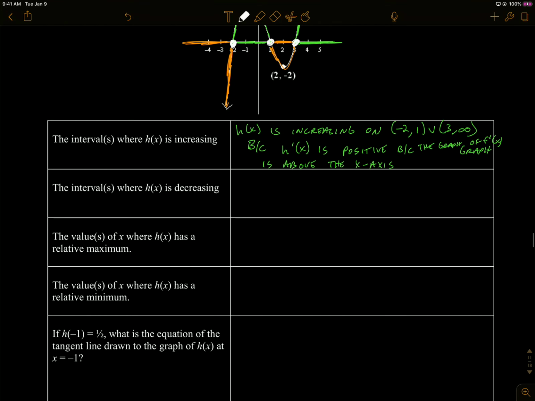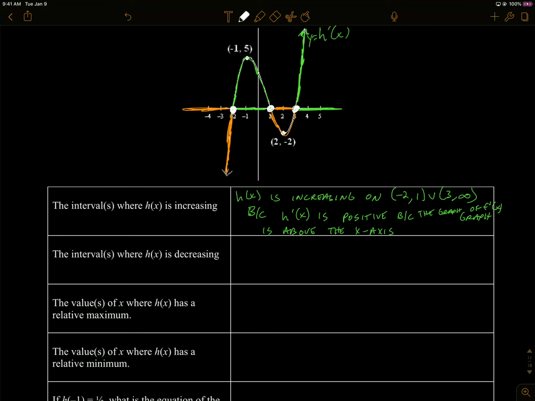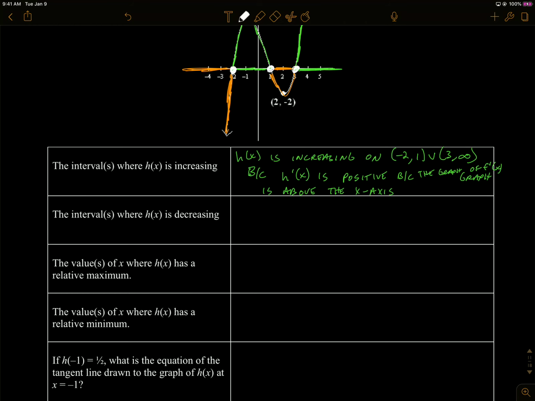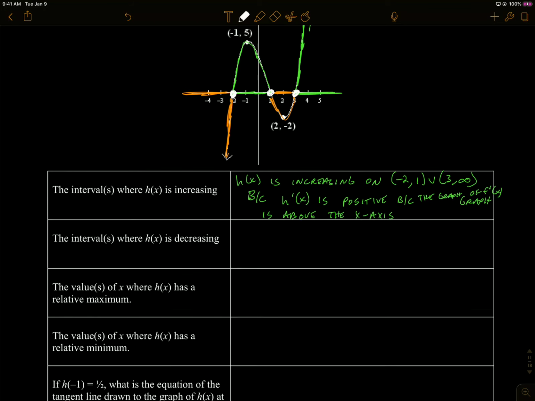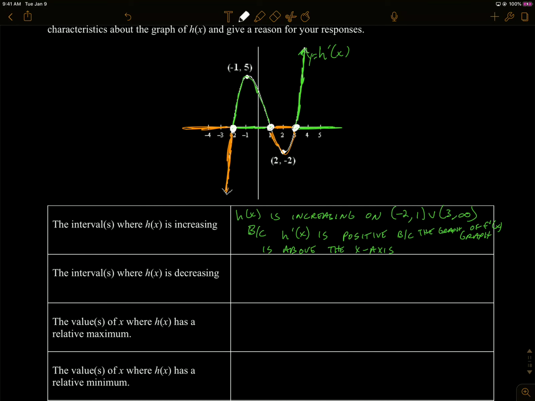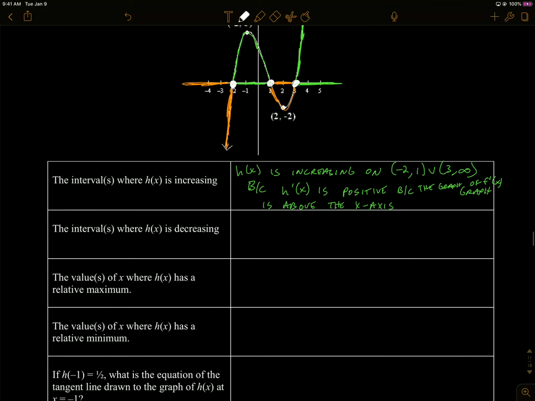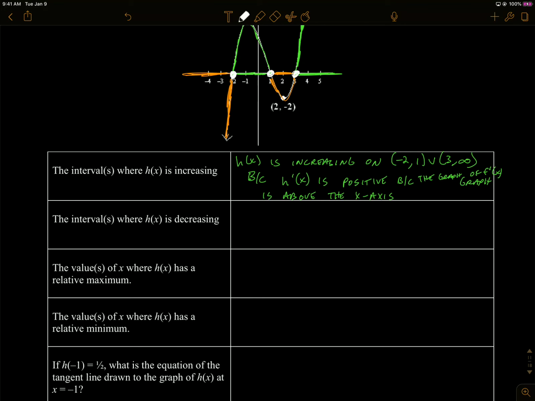The derivative switches from negative to positive. So that means that we're going to have a relative minimum there. Because if my function was going down and then turns around and goes up, that's a minimum. Then over here at 1, the derivative switches from positive to negative, so that's going to be a maximum. So h of x has a relative maximum